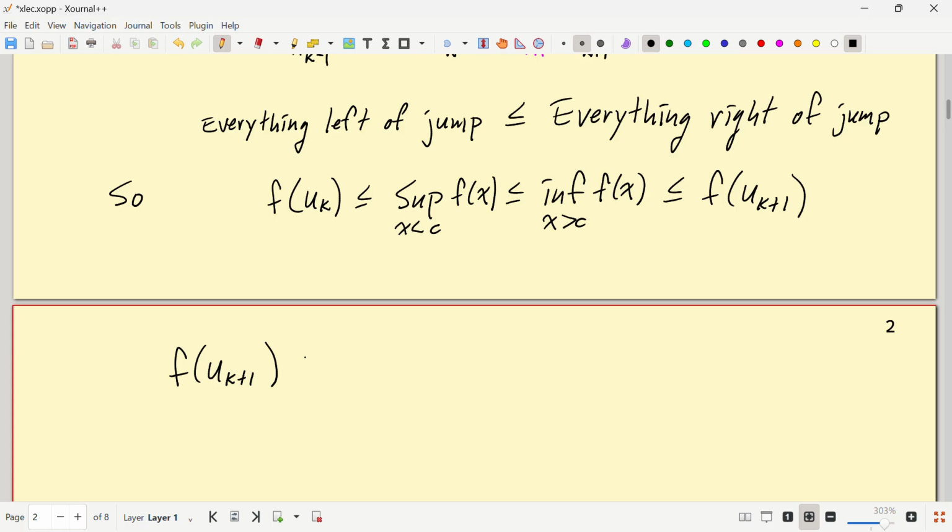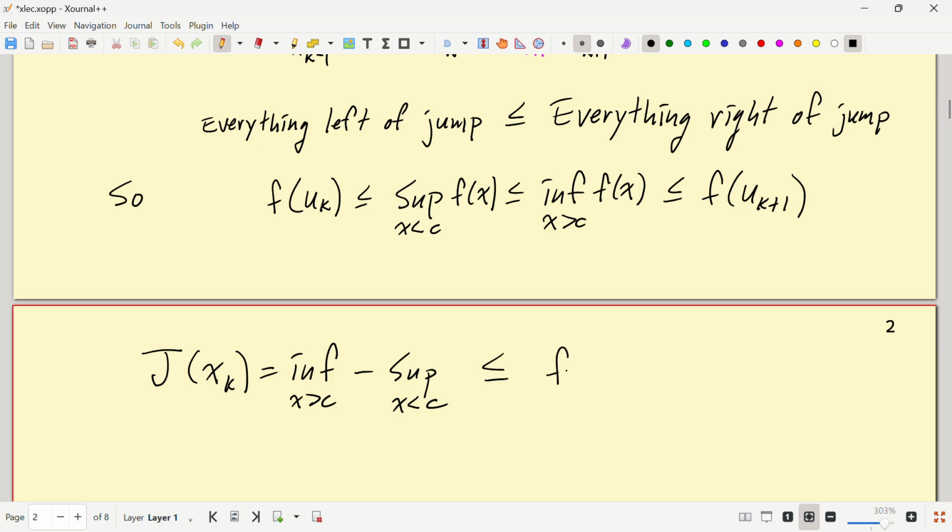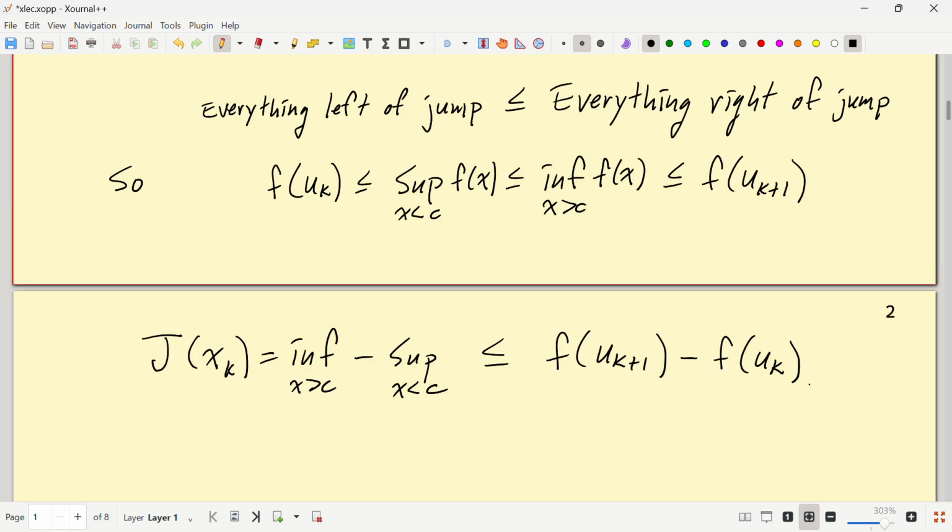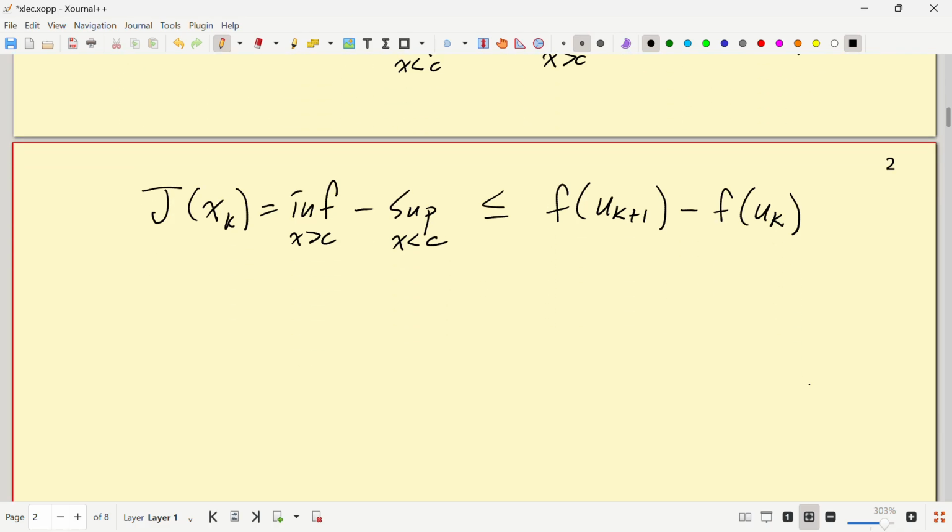What do I want to write? Yeah, I want to bound the jump. So the jump at xk, that's equal to the inf minus the sup. And we see that that's less than or equal to f of uk plus 1 minus f of uk. And now the key is,